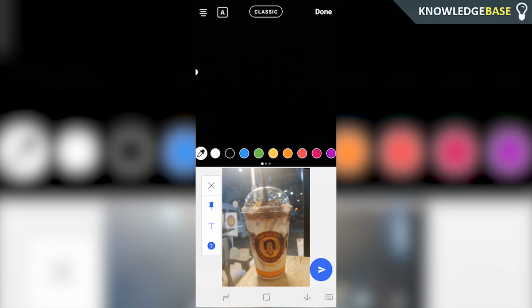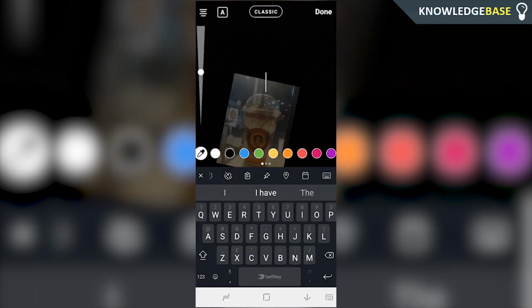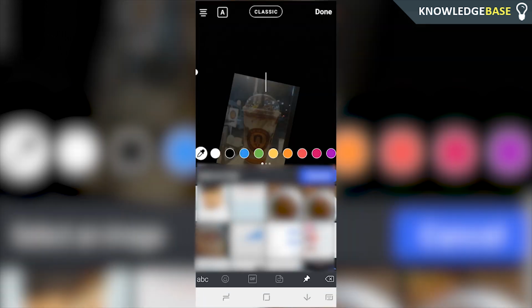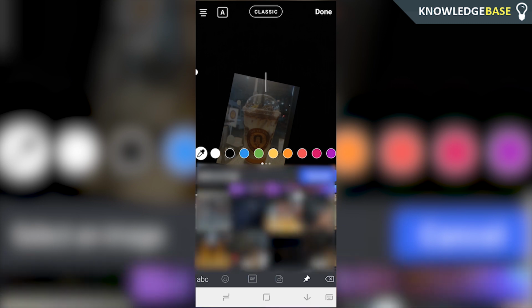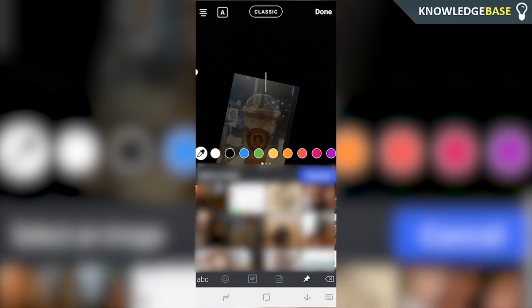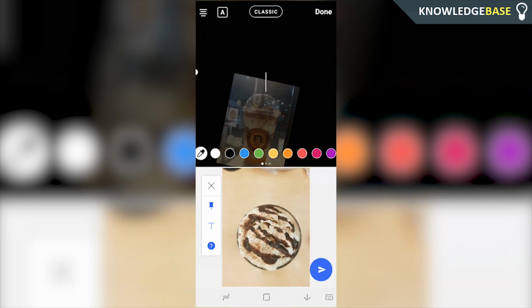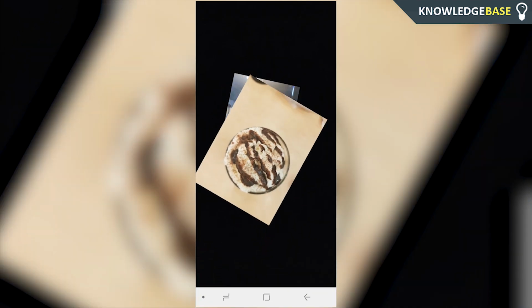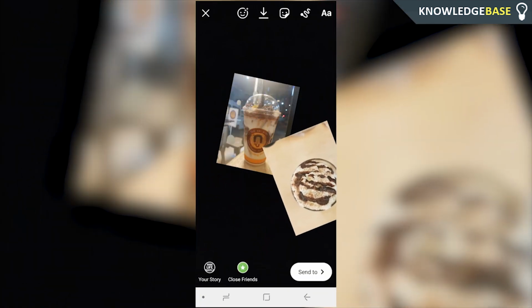Once you've chosen the image, click on the blue button, and it's going to be on your Instagram story, and you can do whatever with that image. Then you can do the same thing again, click the pin button, click Create, you're going to get your images and you can just post whatever image. And there we go, we're now uploading multiple pictures to our Instagram story on Android, and like usual you can